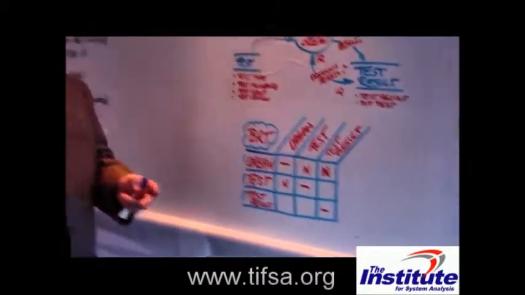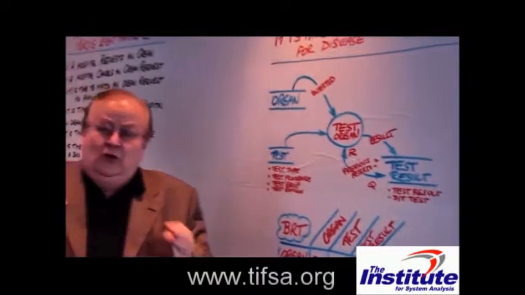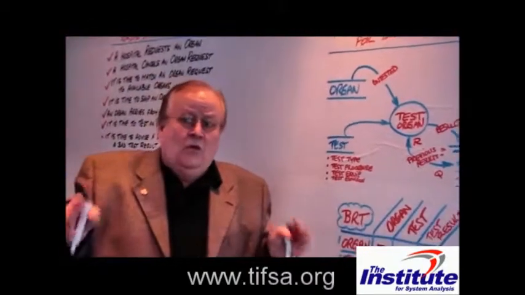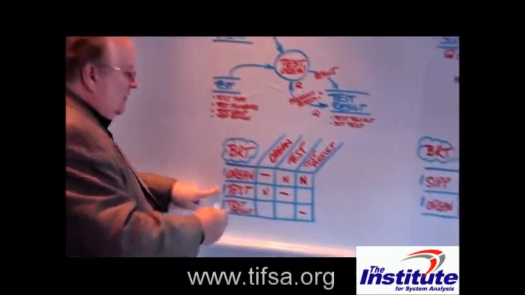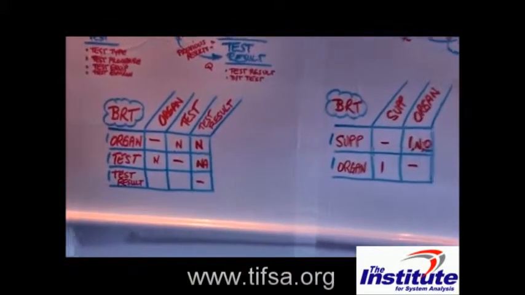For a single specific test, how many test results do we get? Well, now this is interesting because you've got to ask, as the analyst, do tests have test results? And the answer is, well, no, tests don't have test results. Organs have test results coming from the tests that are applied. So if I know the test, would I ever want to look up the test results? It seems like that's just looking up the baseball score without knowing the teams. 4, 3, 12, 1. Doesn't help a whole lot. So for a single specific test, how many test results? That's a not applicable. We don't care.